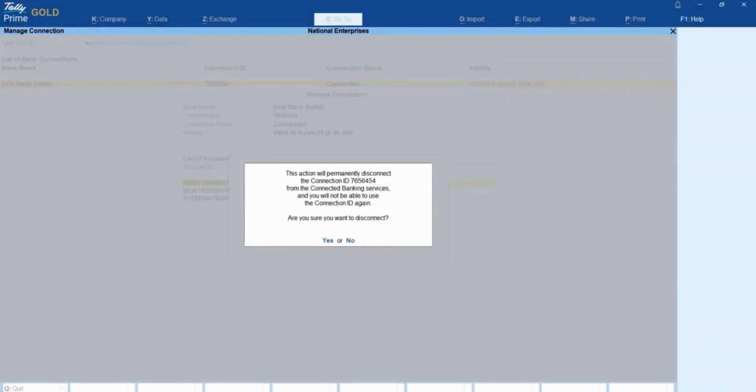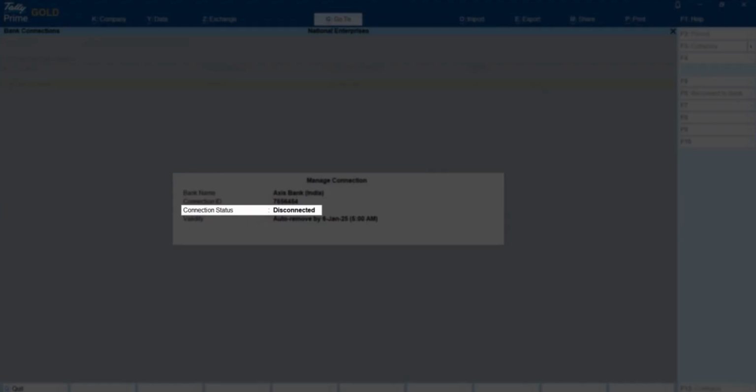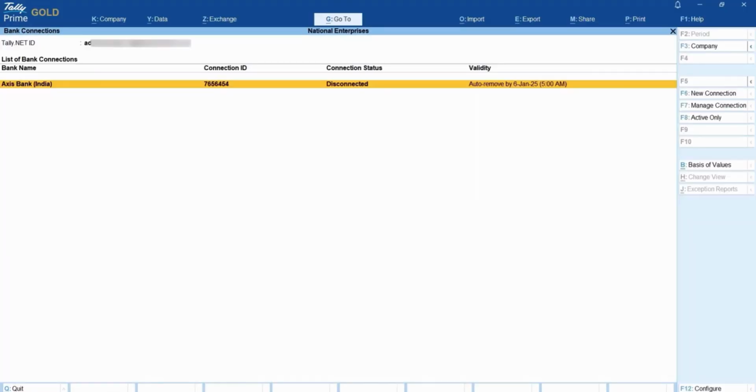Press Y to confirm. You can then follow the process of disconnection based on the bank. If you want to connect your bank account again, then you will need to establish a new connection.